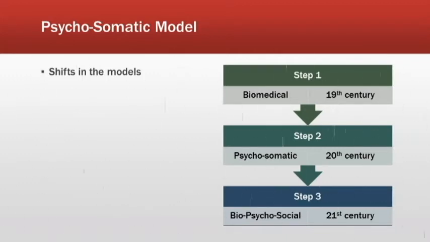When we look at the 20th century, there are many challenges to some of the underlying assumptions of the biomedical model. And these developments include the emergence of psychosomatic medicine, behavioral health, behavioral medicine, and, most recently, health psychology. And these different areas of study illustrate an increasing role for psychology in health and a changing model of the relationship between the mind and the body.